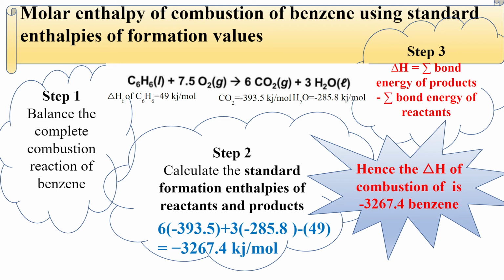Step 2, calculate the standard formation enthalpies of reactants and products using table 12, which is 6 times negative 393.5 plus 3 times negative 285.8 minus 49 equals about negative 3,267.4 kilojoules per mole. Step 3, subtracting the sum of the formation enthalpies of reactants from products, so delta H is negative